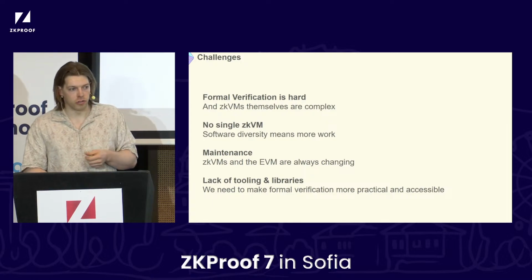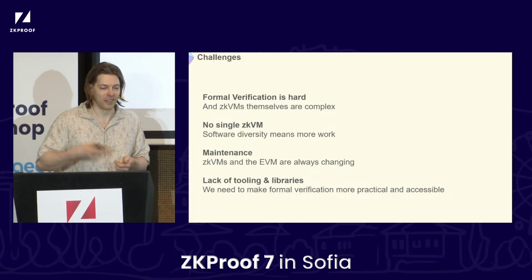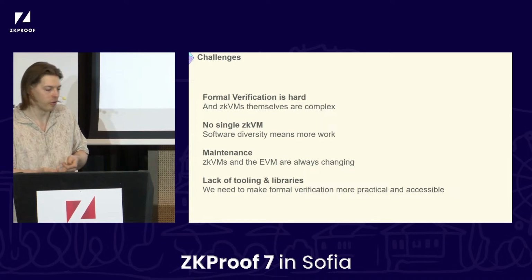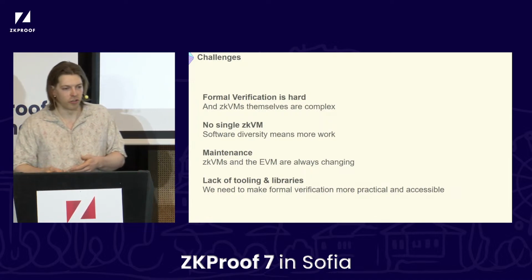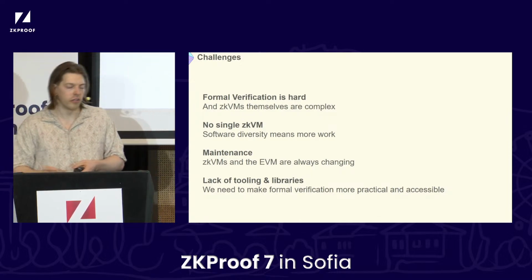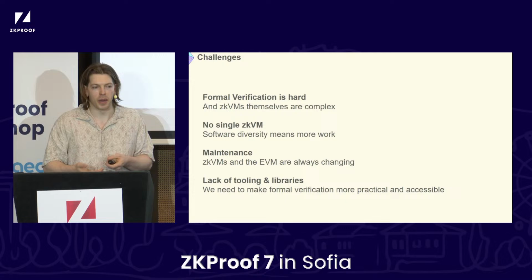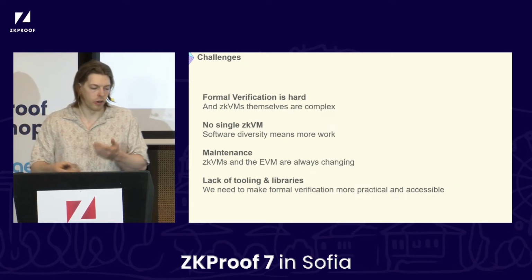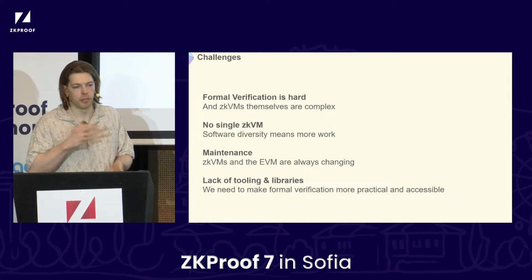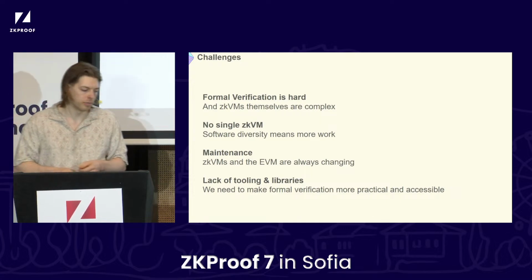Now, there are a couple of challenges to everything that we're doing. Unsurprisingly, everyone has a sense that formal verification is well known as being hard. One big challenge on top of that is that zkEVMs are incredibly complex. They're fairly new technology, which means they're also changing fairly rapidly. There are a lot of design decisions you can make in terms of how modular or unmodular you are. RISC-V, as a spec, is fairly modular. So there's accommodating the fact that people might use different RISC-V extensions, even if for the moment maybe the only split is between using a 32-bit or 64-bit RISC-V implementation.